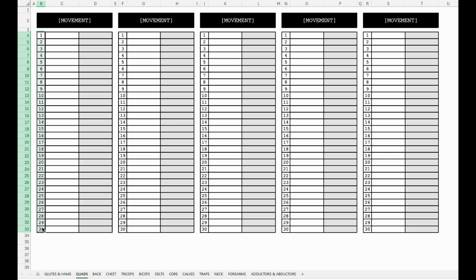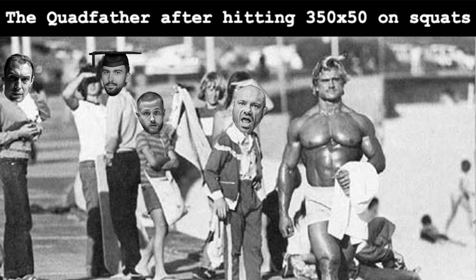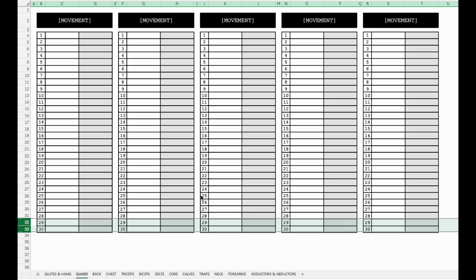If you're a full-blown psychopath like Tom Platz on leg day, you can go ahead and drag down these rows here to whatever rep range you want. The name of the exercise would go in this black section. So since we're on the quads tab, let's just throw in high bar squat. And then the white cells below would represent the most weight you've ever done for each corresponding rep range on the left. And the gray column to the right would be where you put the date that you set